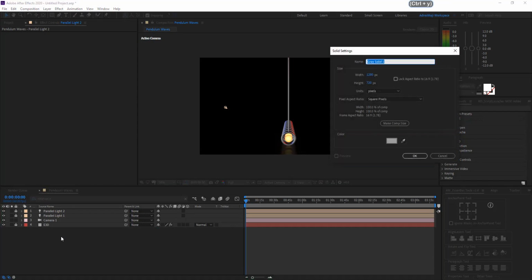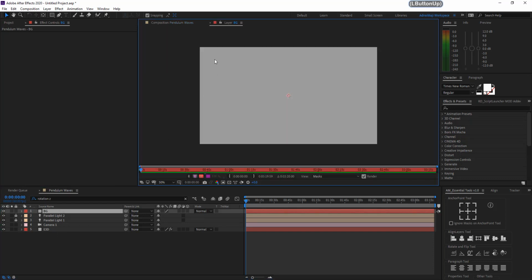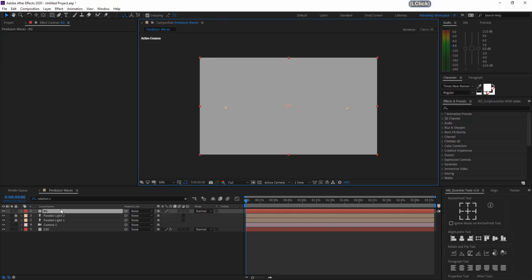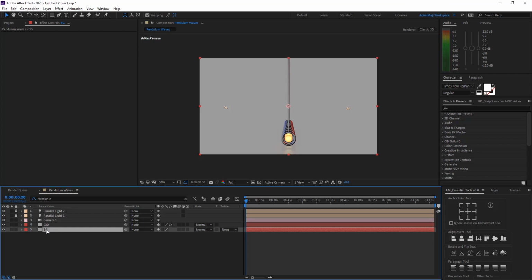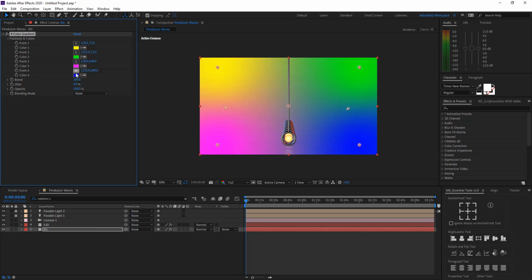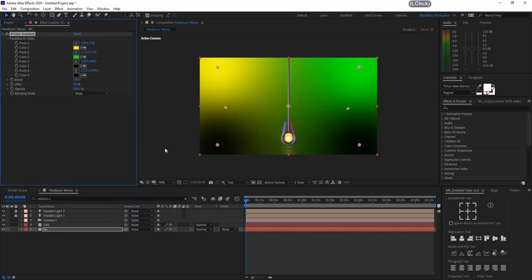Now we have to apply the background. Click BG, create a new solid and name it BG, unlock the Element 3D layer and drag it. Oh my god, my mouse is double clicking every layer I press, that's the problem. So bring it down behind the Element 3D. Now we have to apply the 4 color gradient, so type 4. In the bottom 2 colors we need to apply black and black.